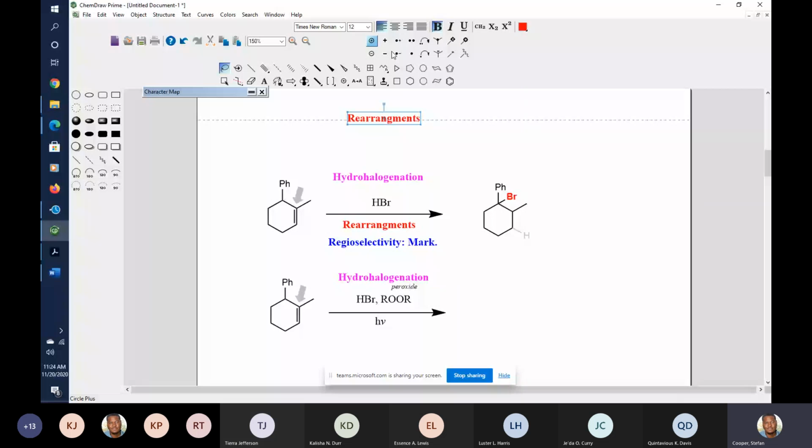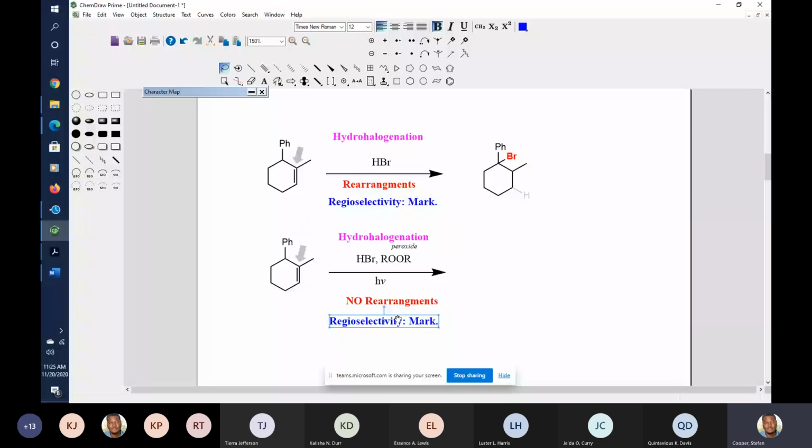And this reaction is important to learn because the regioselectivity changes from Markovnikov with regular plain old HBr, but if I mix it with peroxides, this is going to be an anti-Markovnikov addition, right? So if I had to examine my product here,